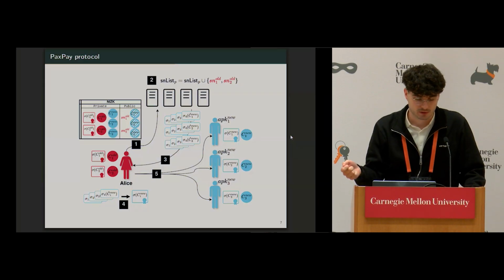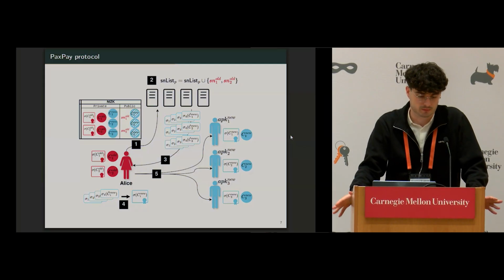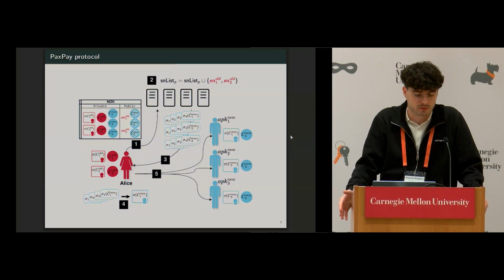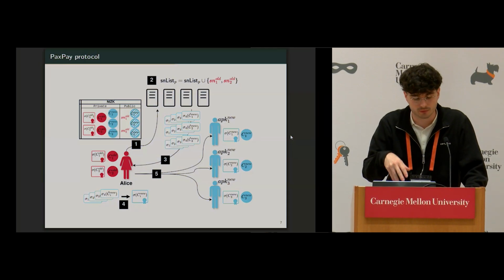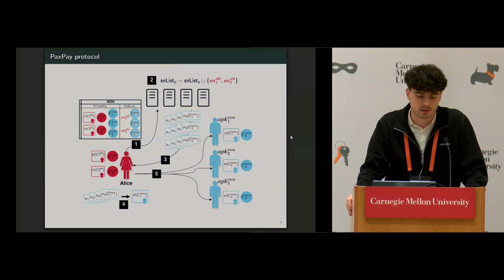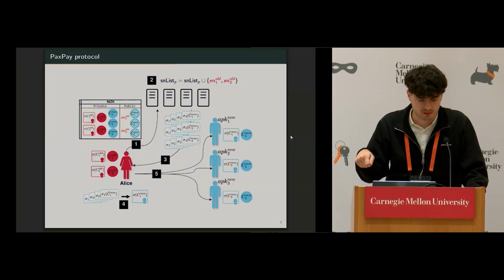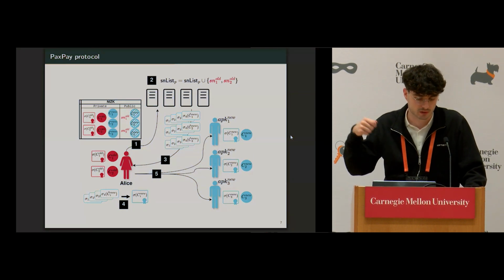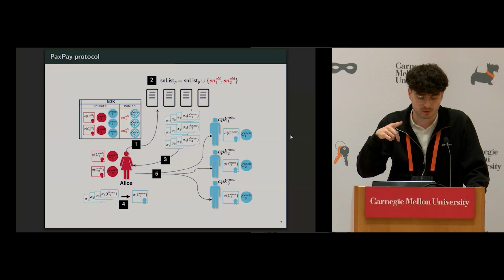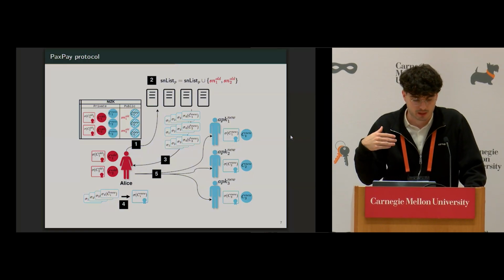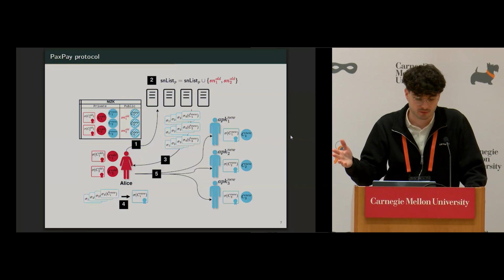So what she does, she creates 3 new coins in blue, and she will build some zero-knowledge proof that proves several things. Among them, that the new coins have the same value as the sum of the values of the old coins, and that Alice knows a certificate for the old coins that is valid. Alice also derives 2 serial numbers, SN1 and SN2, from the old coins, and she transfers this zero-knowledge proof to the validators.